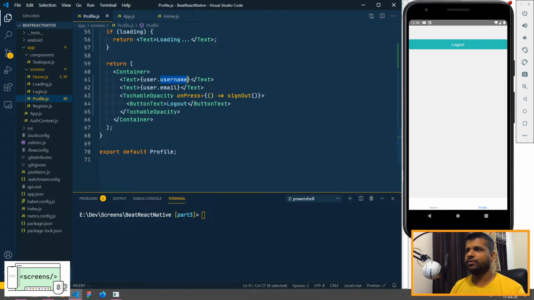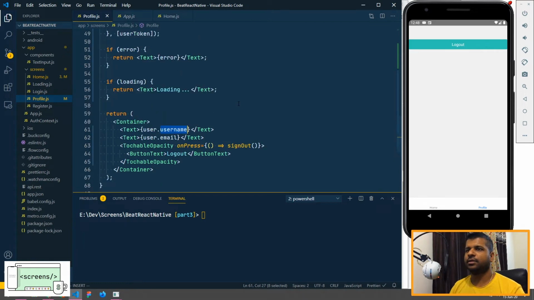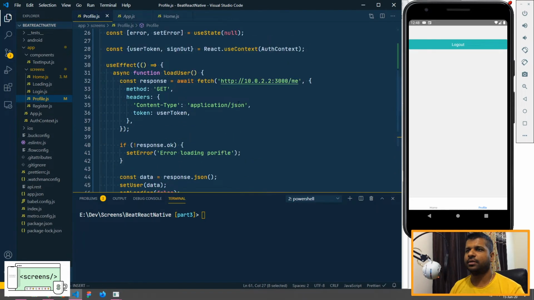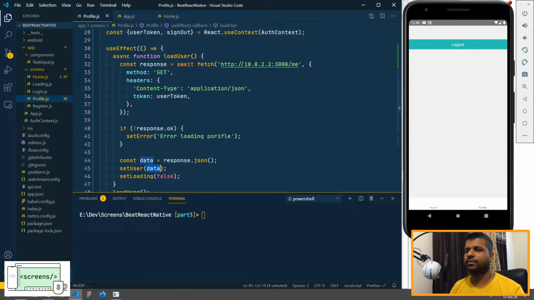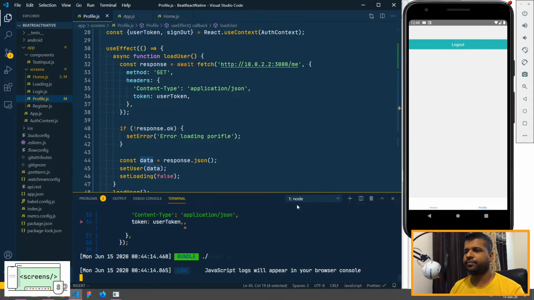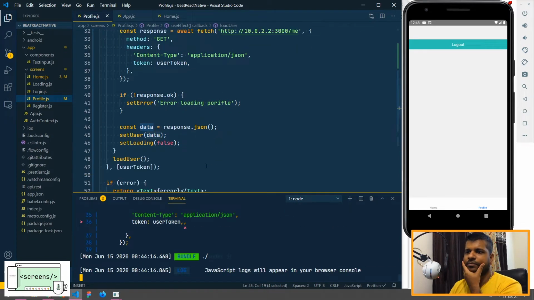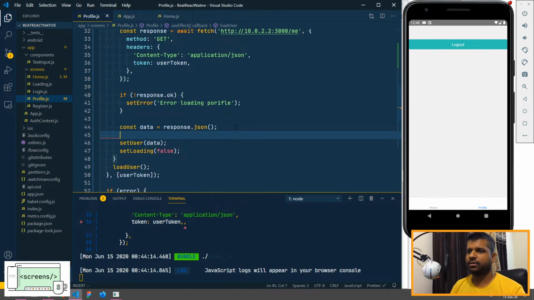So we are not getting user.username and the email. So let's check why it is happening. So I think that users and data. Okay, let's just console log here.